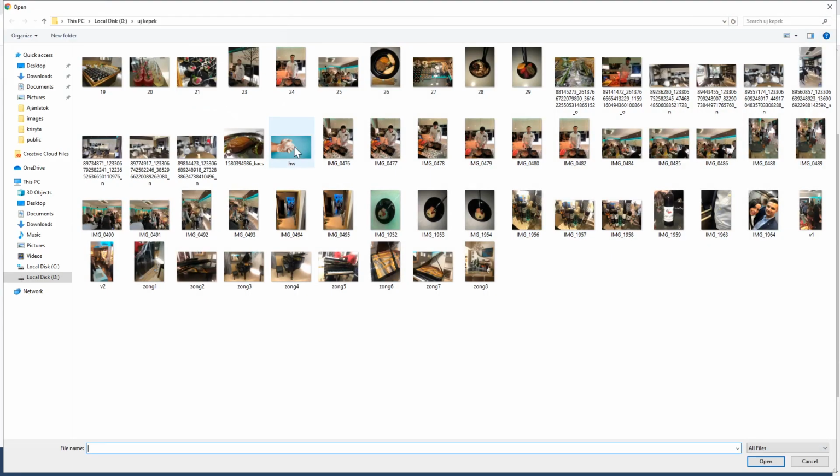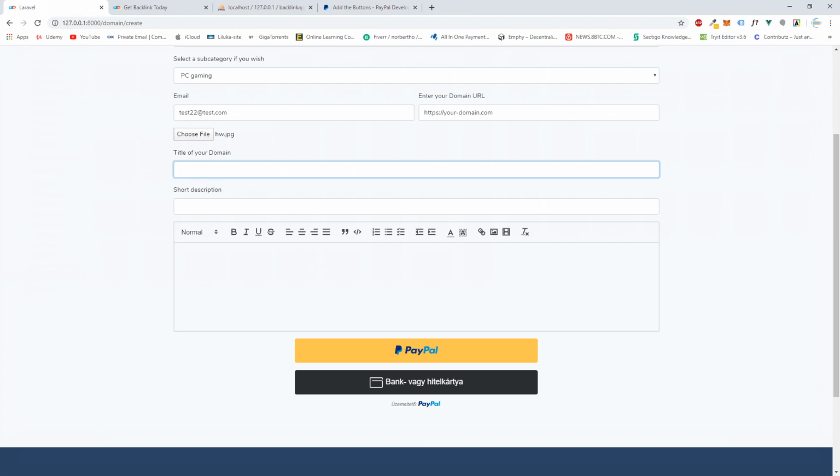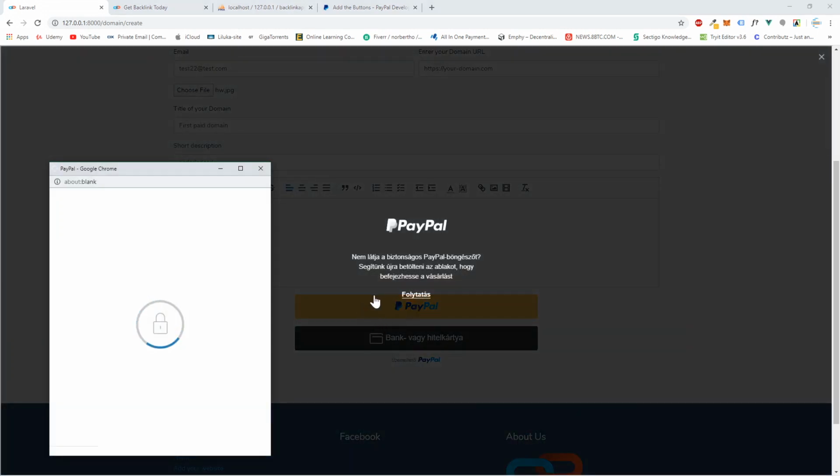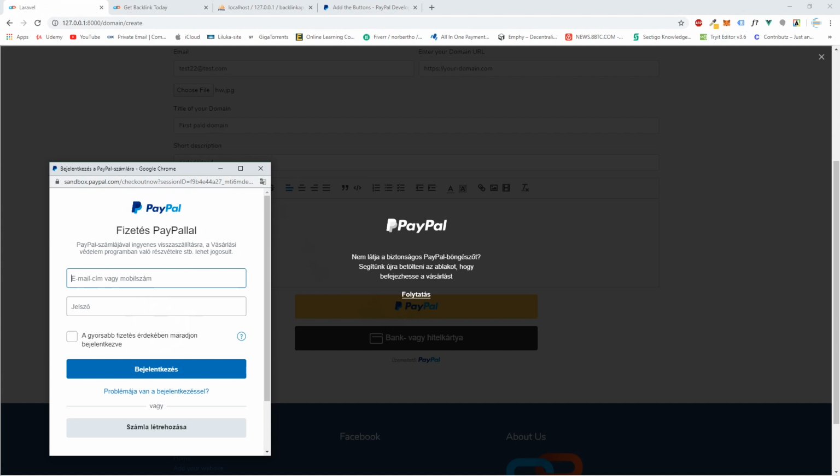Okay, so if you select any image, just make sure it's not a huge 2, 3 or 5 megabyte image. We can select this hv.jpg here. Okay, and domain title, first paid domain, short description, blah blah blah, long description, whatever the customer types in. And if we hit pay by PayPal, then of course we are getting this PayPal payment section, and we are in a sandbox mode,